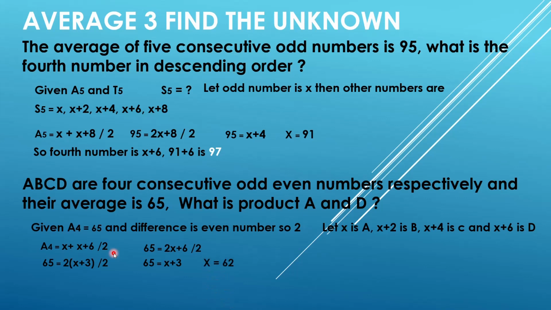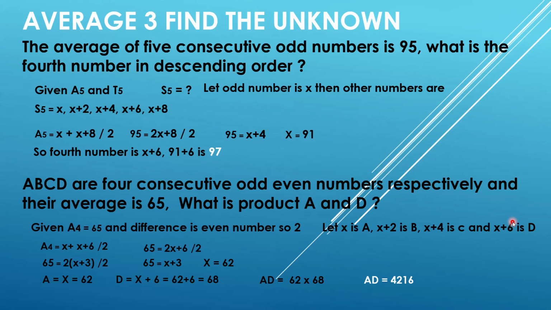Then x is equal to 62. So x is your a. But what we have asked here in the question is the product of a and d. So first we need to find d as well. d will be x plus 6, then d is equal to 68. So this way we can find the ad. So ad is equal to 62 into 68, which is equal to